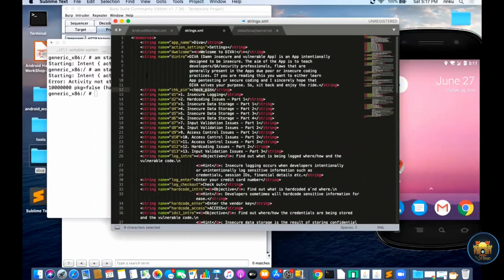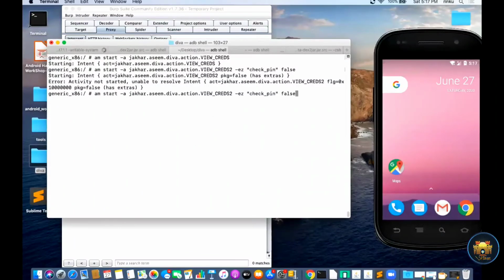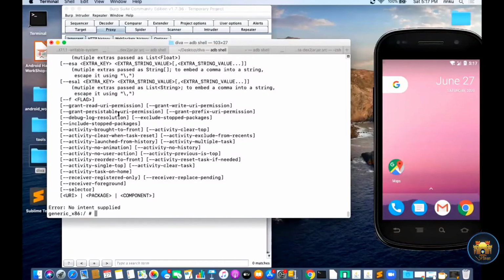Check underscore pin, yeah, that is correct. Start hyphen scenario view under creds. Yeah, I think I have mistakenly put one hyphen. Actually, it should be two hyphens. I will show you here. Just let me show you the start help command.